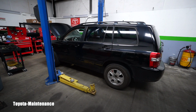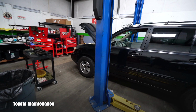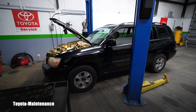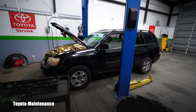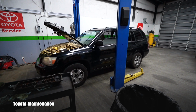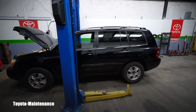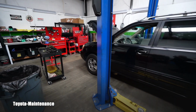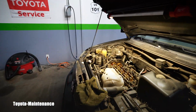You already saw in one video this 2005 Toyota Highlander two-wheel drive with 202,000 miles on the odometer. It's a new purchase of my older customer who, you know, owns the Lexus. He bought this for the kids, and he needs to be dealing with some maintenance immediately. So he made an appointment for the worst of the worst, and as the budget will allow, we will continue